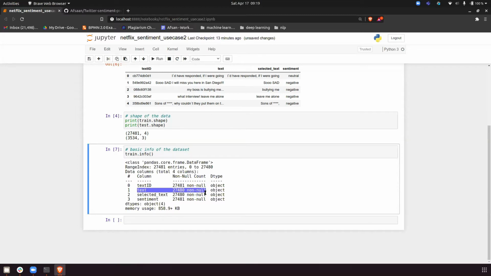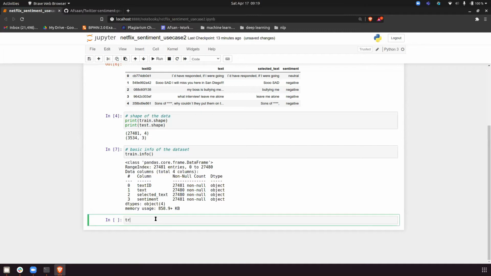Simply, we can drop that. Because only one row, or 2 rows at the max, will be dropped, we can do that. So train.drop na, and inplace equal to True.